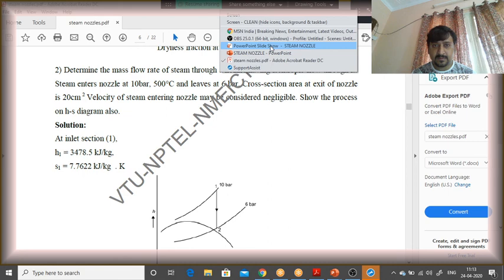Only if they say you cannot use it to show the process on the HS diagram, otherwise we can use that Mollier chart also. So using the Mollier chart, this whole problem which they have done here in 2 pages, I am reducing to half a page just by usage of the Mollier chart. Therefore I am telling you the importance of the Mollier chart is very much here. If you know how to read the Mollier chart, your problems will be solved. Just substitute and you will get the answers.